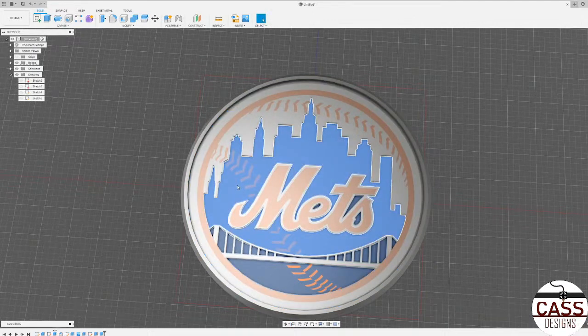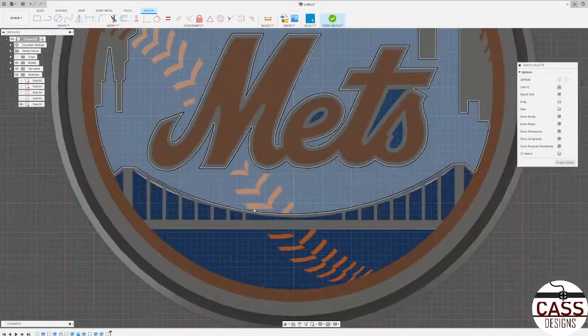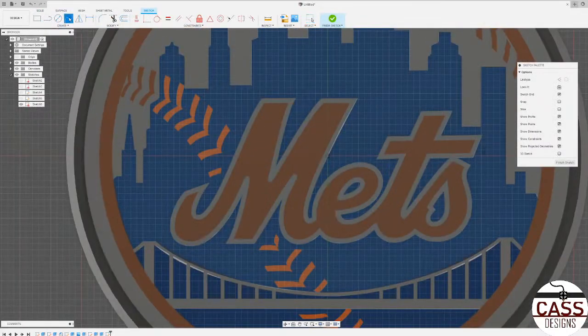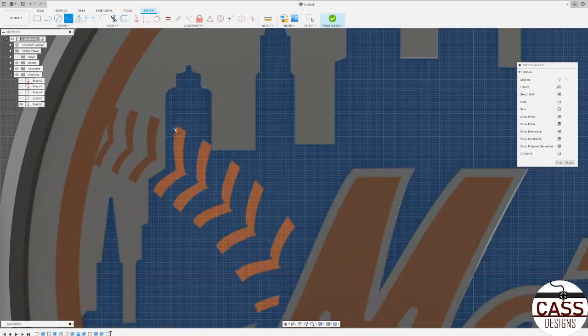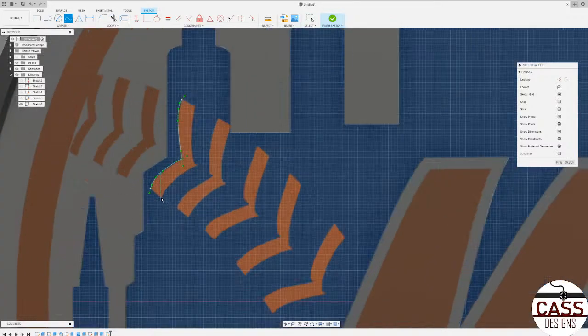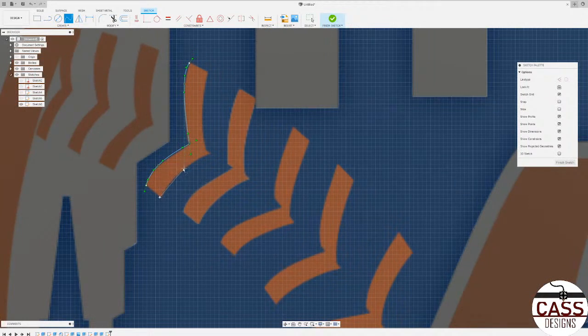Yeah, actually, no, I want to select this. All right, I'm going to create a sketch again, and we're just going to outline this. This is going to be a bit more tedious than before, so you can copy and paste things in here, similar to just like copying and pasting text on your computer or